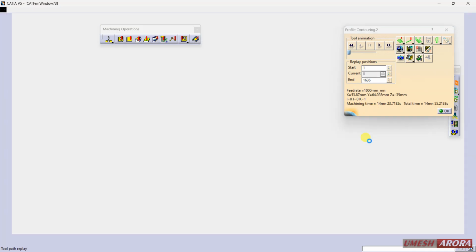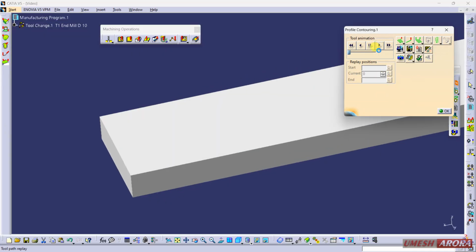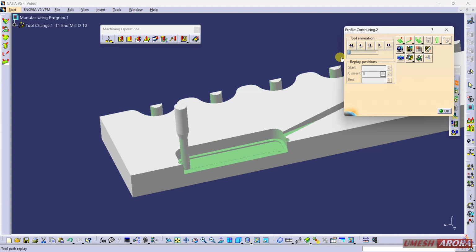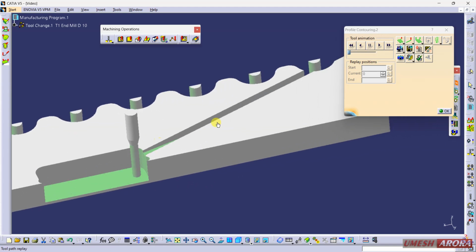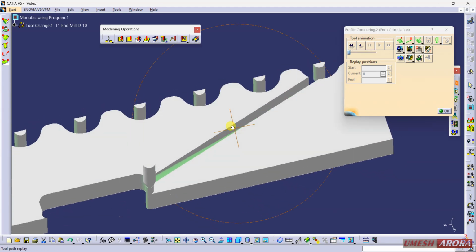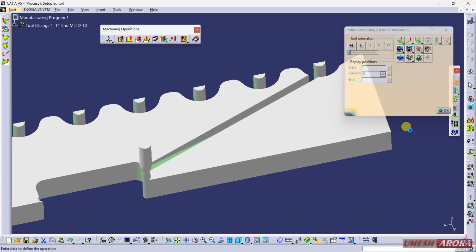Let me show you. We are using the same tool, so it is just cutting throughout these materials.